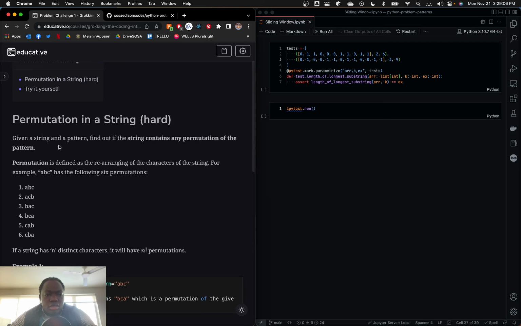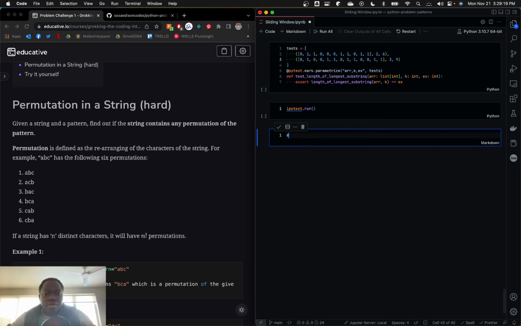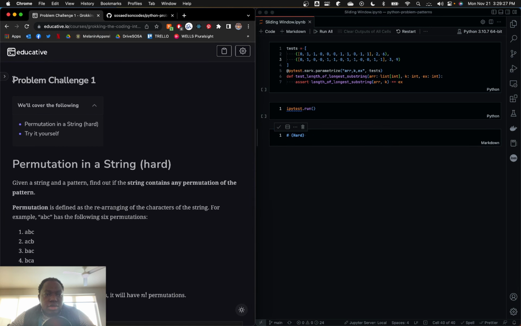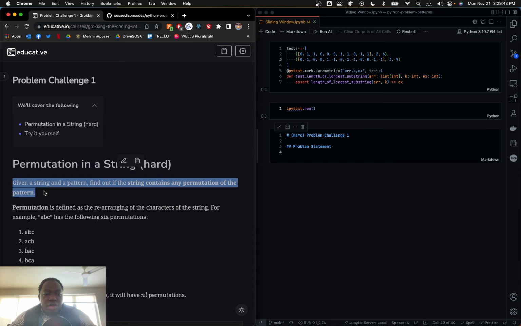Hard. Given a string and a pattern, find out if the string contains any permutations of the pattern. Also interesting. Okay, there's a little markdown. It's a hard problem right away. Why? I guess it's problem challenge 1. Oh, it's called permutation in a string, and the problem statement is what? Given a string and a pattern,